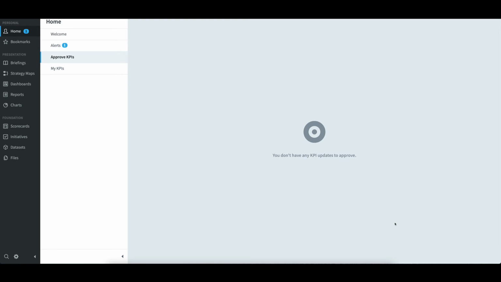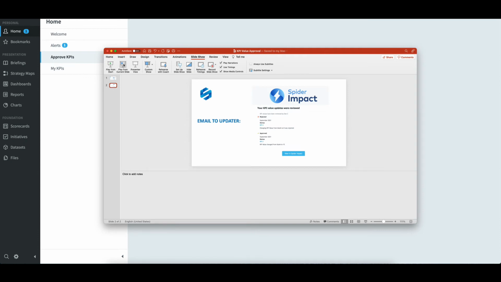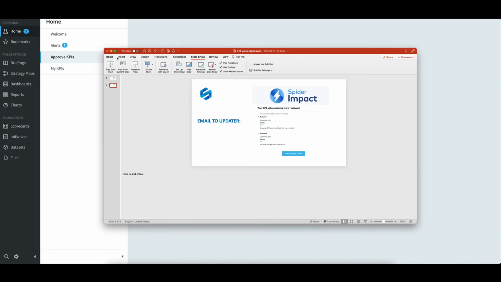Now those selections will trigger an email to the updater Frank, learning that his value updates were reviewed. And I have a screenshot of what that looks like here in PowerPoint. Frank could then click the View in Spider Impact button, which creates a link there to review what D had accomplished there. Now to show this in action, I'll select my other original browser,